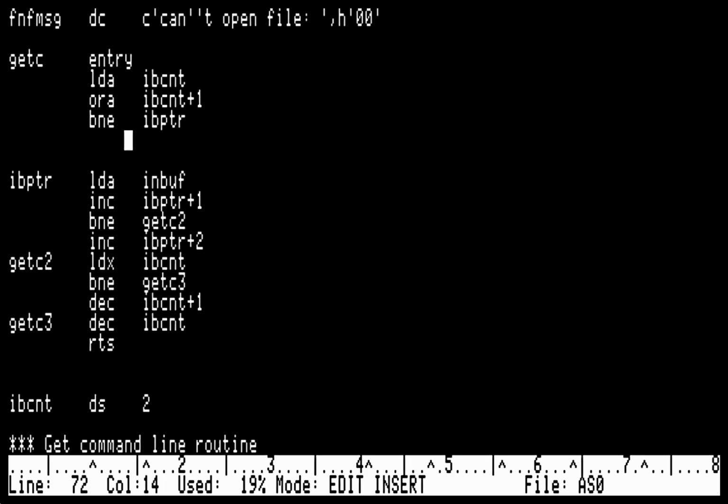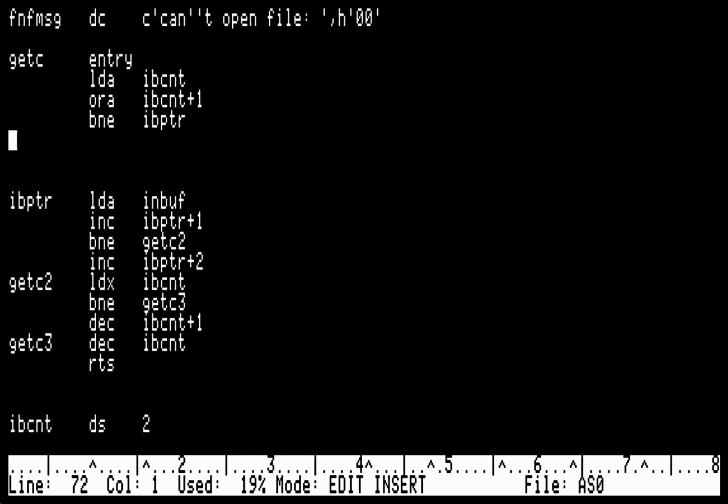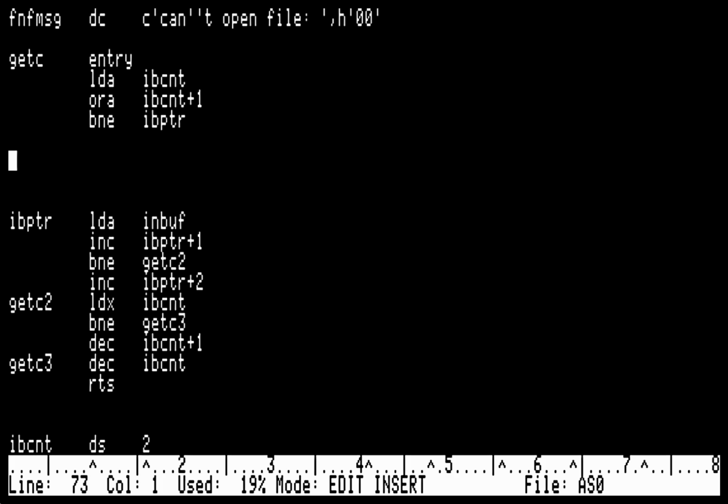Now, here we have the situation that the buffer is empty. The count of characters in the buffer is 0 when we are at this point right here. So we have to read from the file. The way we do this is, and this is just my file interface that I have created,